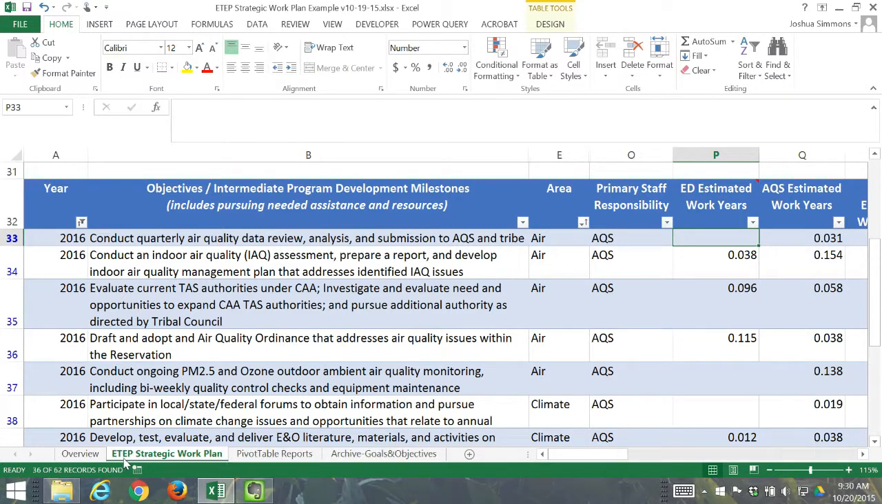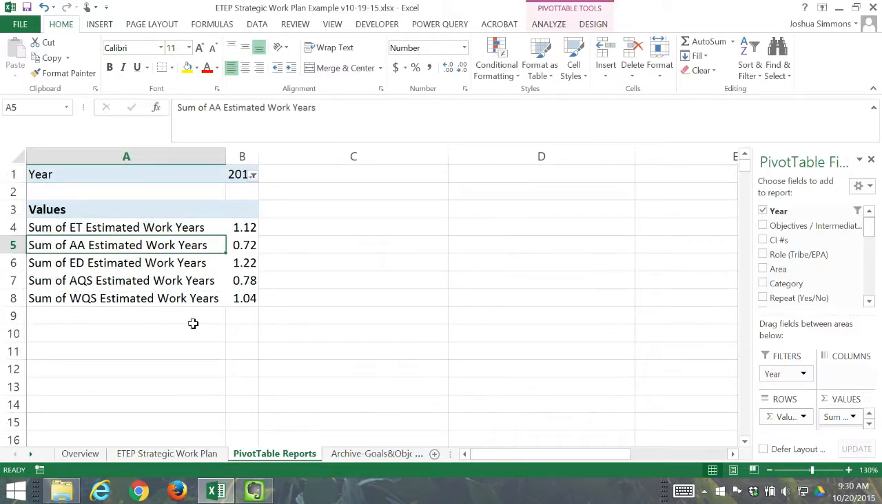And as you can see on these tabs down at the bottom, I have one called pivot table reports. So I've already created a pivot table that has just included the data of the estimated work years, and I'll show you the pivot table and then we'll go back and recreate it so you can see how it was made. So I'm going to click over here, and as you can see, let me just put this out a